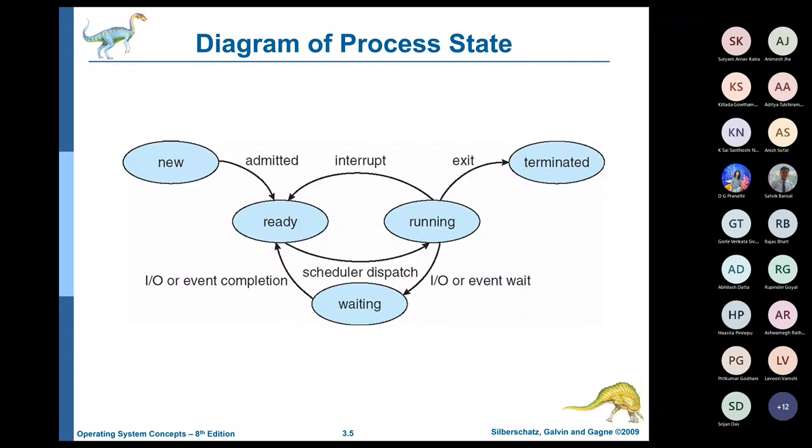Before committing to the execution of an instruction, the CPU checks its interrupt request lines, or certain dedicated pins. And if an interrupt is detected, the CPU first saves the current state of the currently executing process at particular locations of memory. And then, depending on the cause of the interrupt,